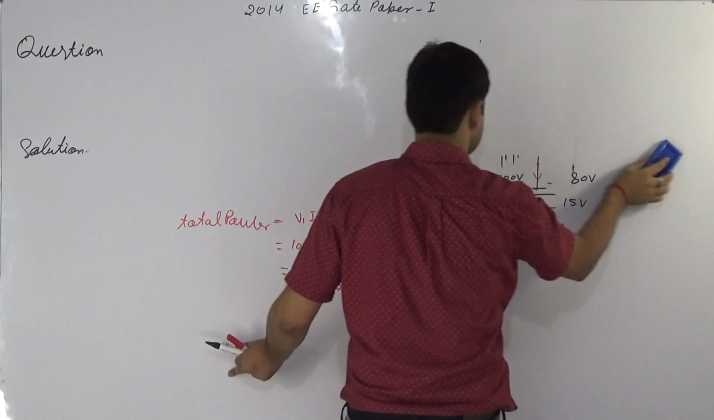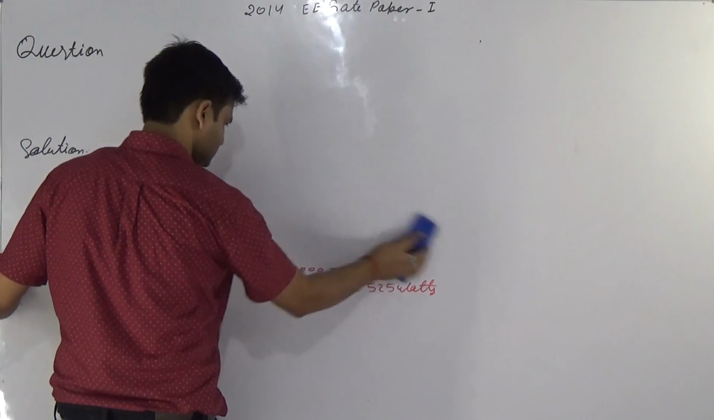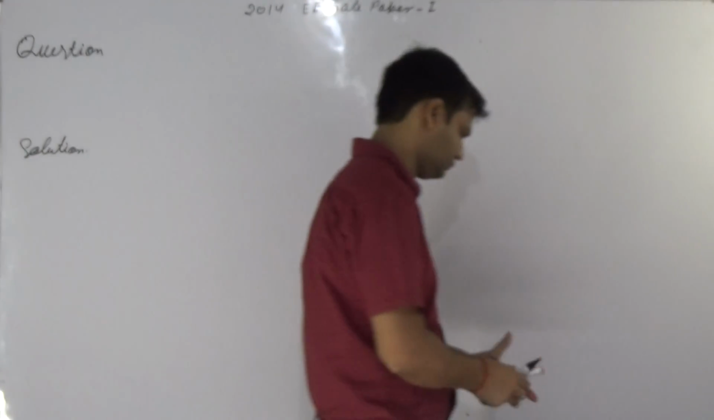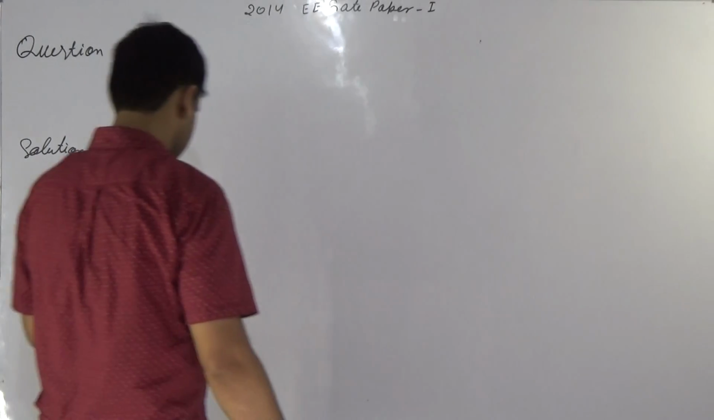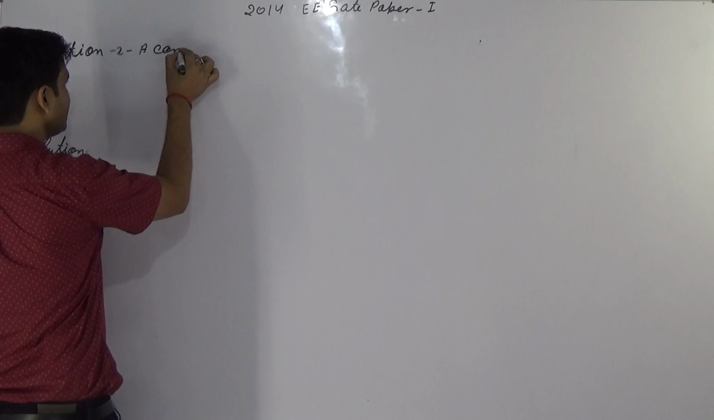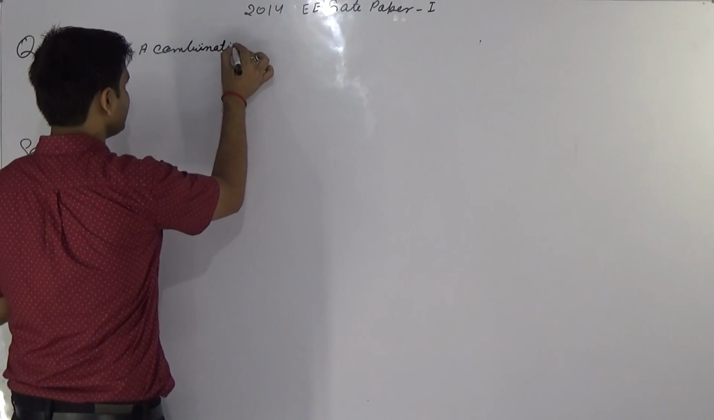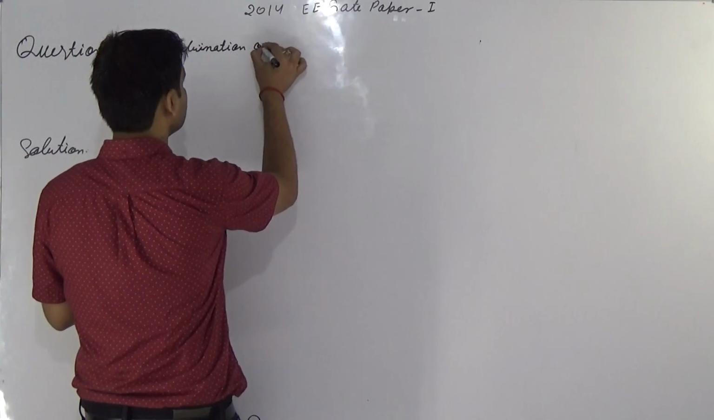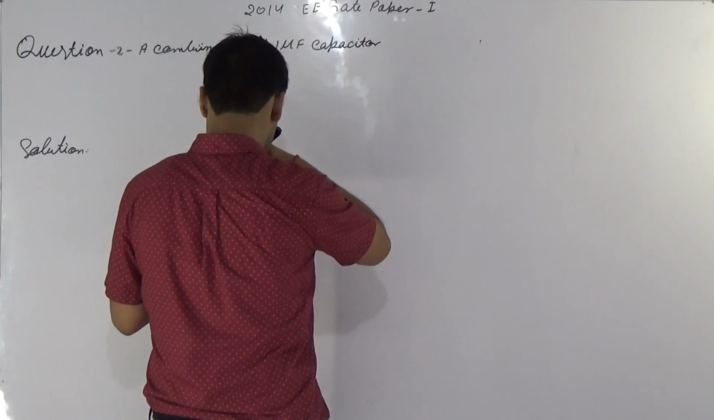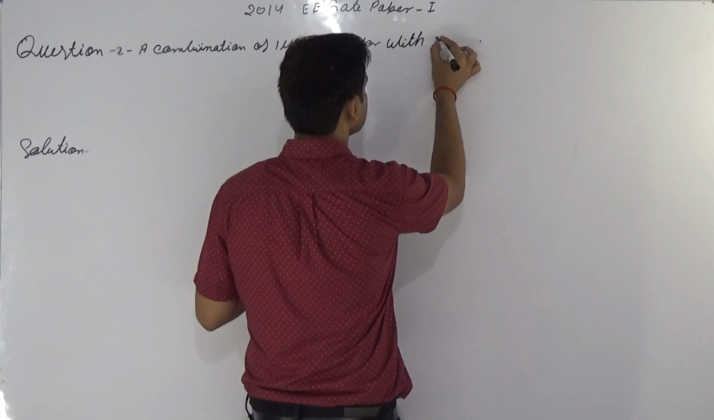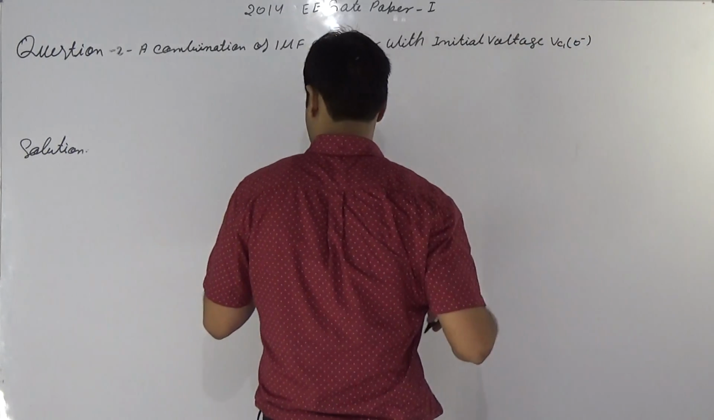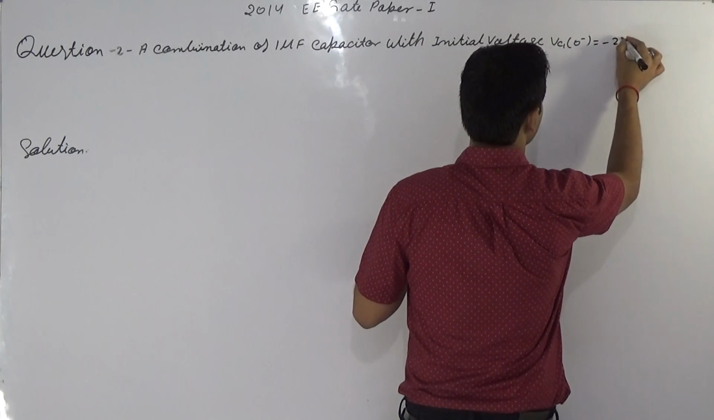Now another question. Question number 2. A combination of a 1 microfarad capacitor with initial voltage VC1(0) equal to minus 2 volt in series